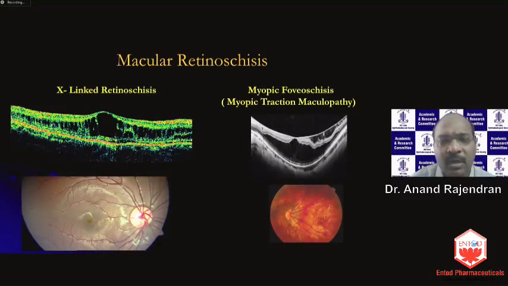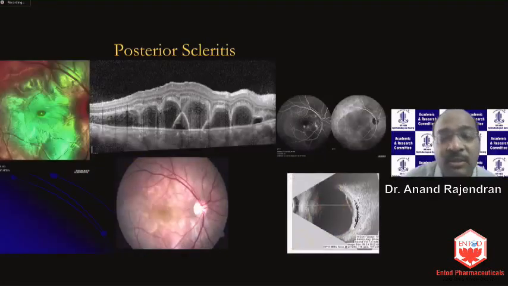The cupola of the posterior staphyloma leads to a centripetal kind of traction on the macula and causes this schisis. Now, inflammatory pathology, Dr. Vishal has already talked a lot about it. Suppose I just put up this picture where you have the case of posterior scleritis with multifocal serous RDs and PEDs. So what's interesting to note is very often here you would find, as opposed to other pathologies, a pinching of the outer retina and being attached to PEDs. And this is because of the pull of that sticky subretinal exudative tissue. And you have this almost aqueduct kind of appearance. Supplemental information, the B scan, which shows the subretinal fluid, and the angiogram with the leaks.